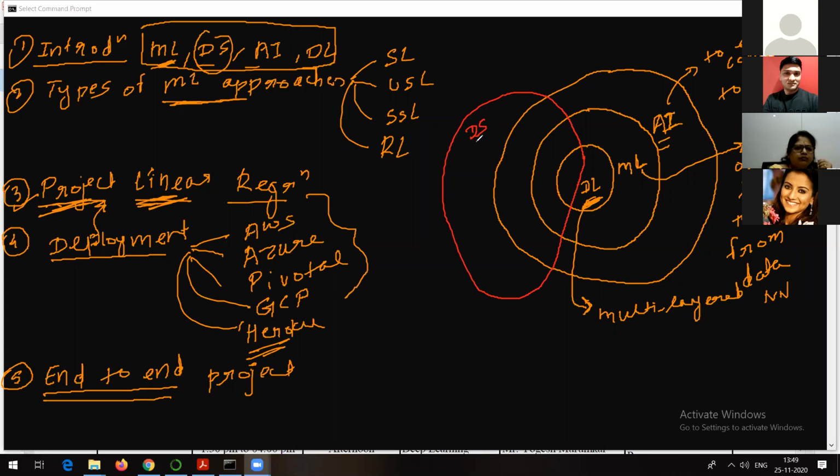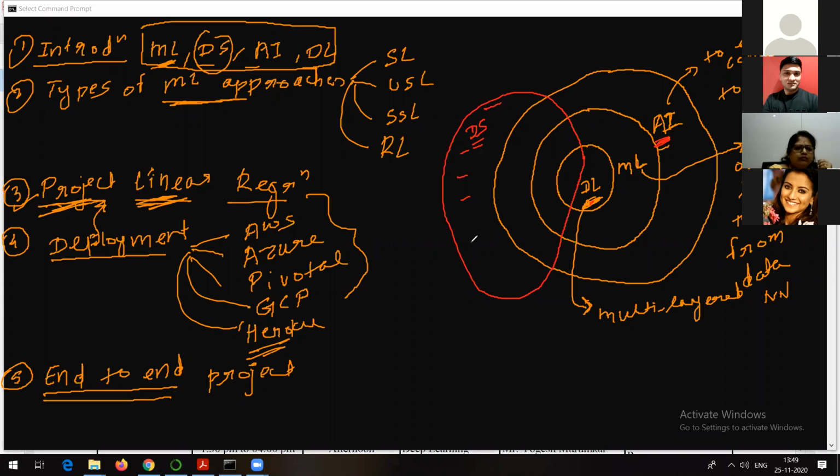Let me tell you first of all, what is data science? From this Venn diagram, you can see that data science has some overlap with artificial intelligence techniques, right? AI. It has some overlap with machine learning techniques, not so much overlap with deep learning, right? But data science also has other areas. Here, on this particular side, it has some other areas also.